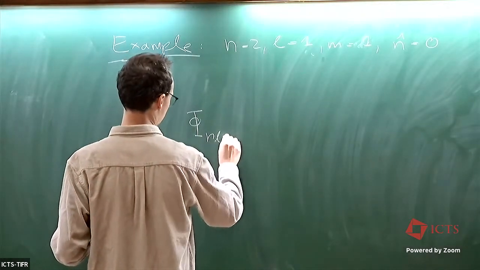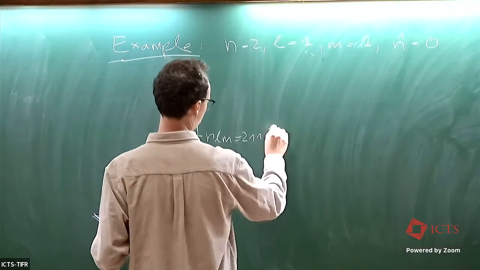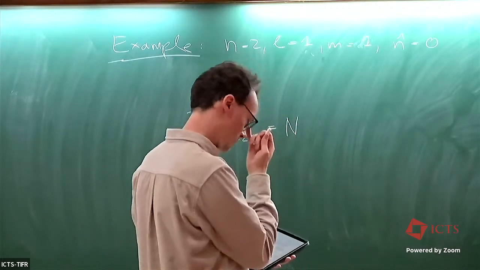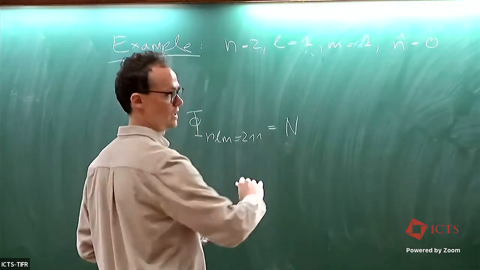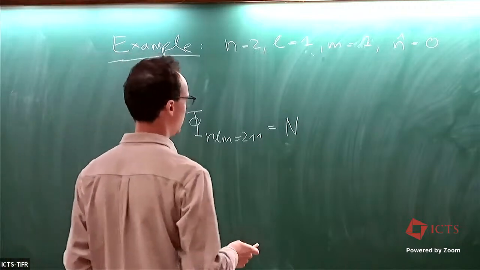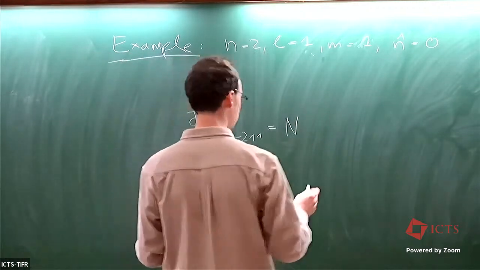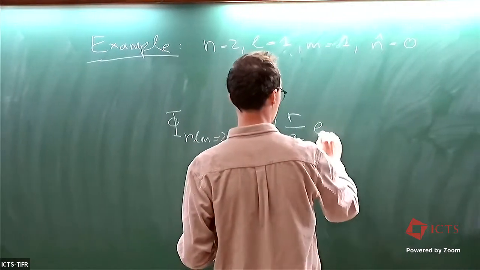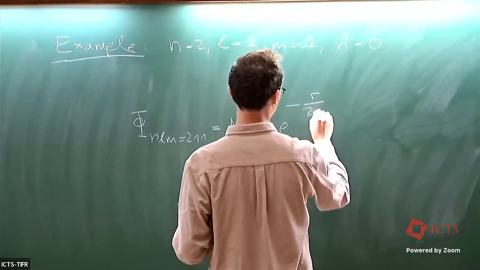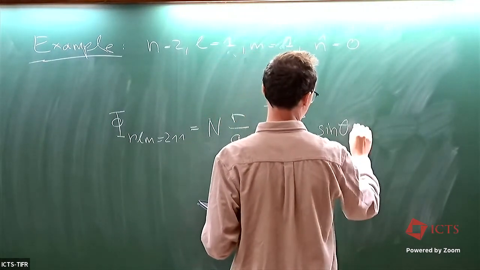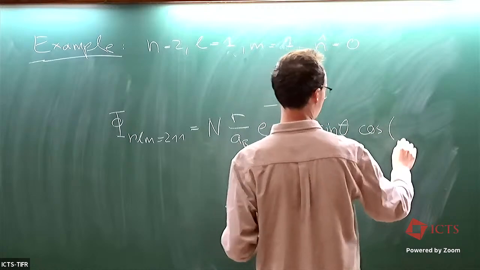So NLM 211 equals some normalization. For now, I'm not going to worry about what this normalization is. It will be important later. But for now, it's just some normalization. R over the Bohr radius, e to the minus R over 2 times the Bohr radius, sine theta, cos